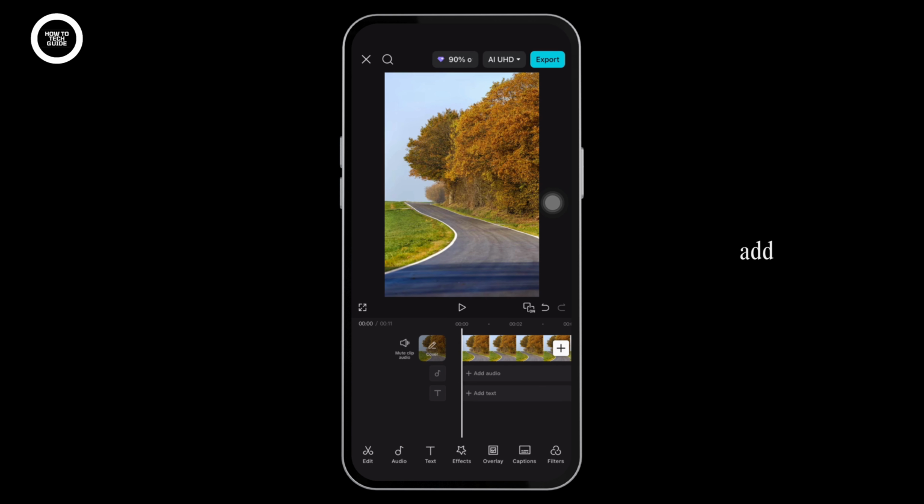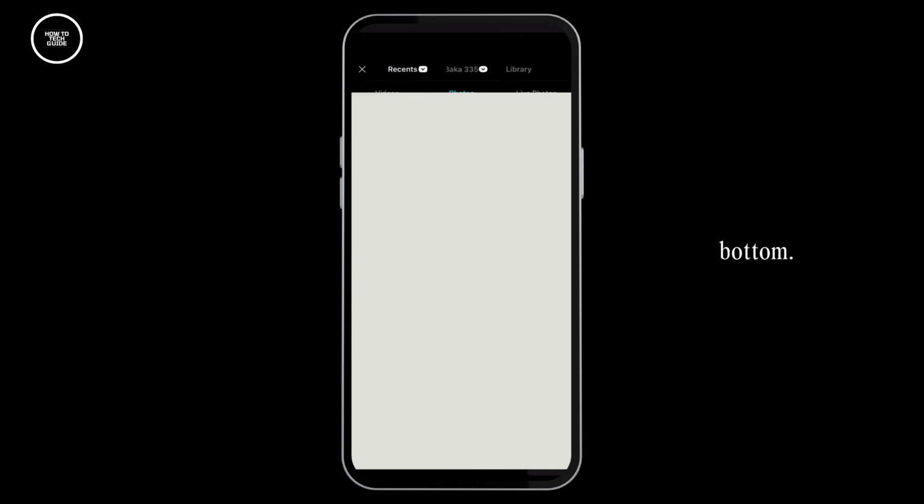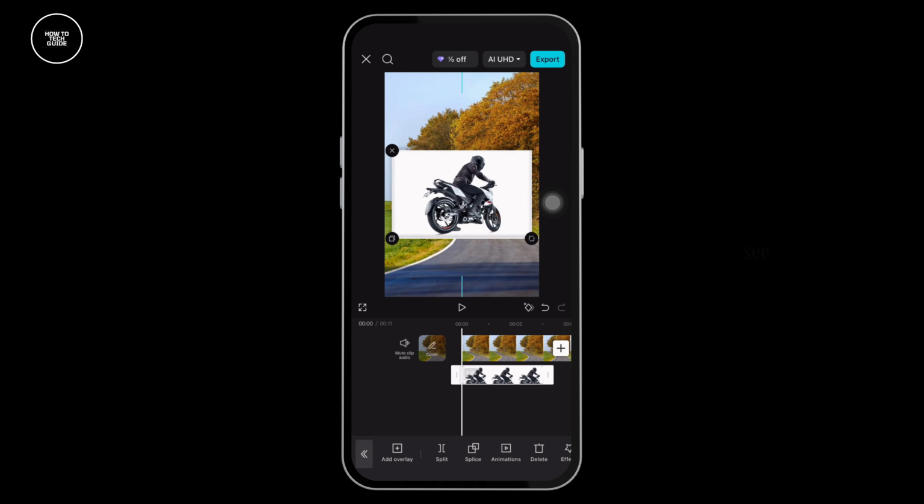Now let's say I want to add one overlay. Click on Overlay and then click on Add Overlay at the bottom. Select the photo that you'd want to add. Once selected, click on Add. You can see this picture doesn't have the green screen, but still if you want to remove the background, then